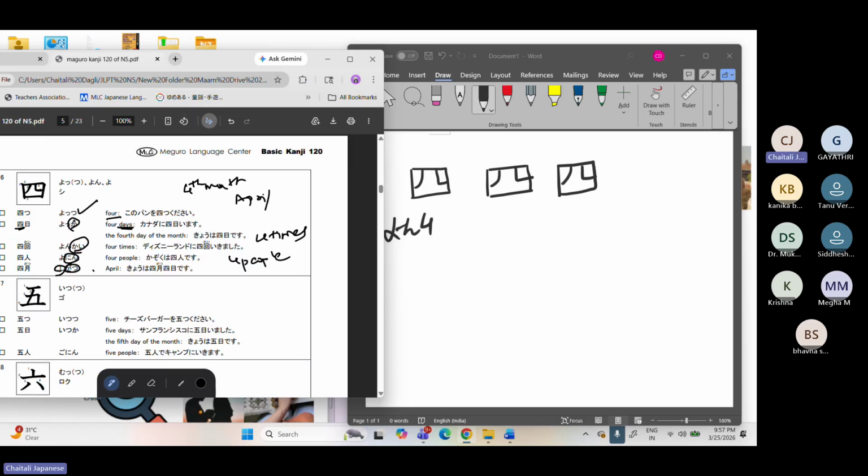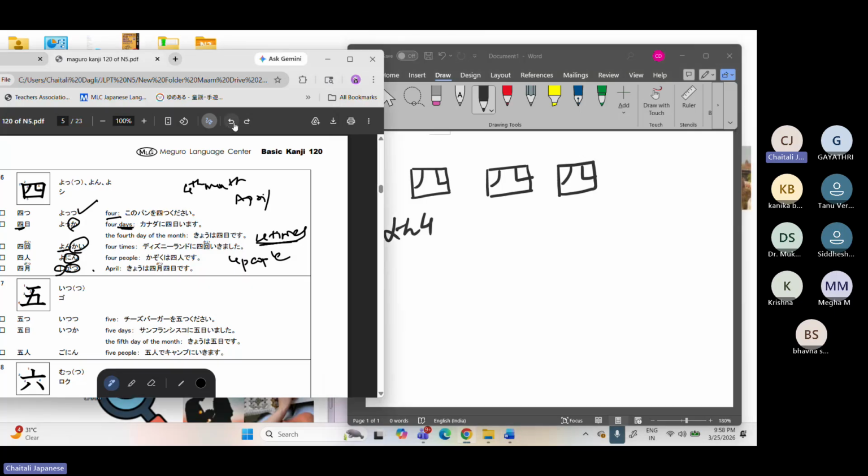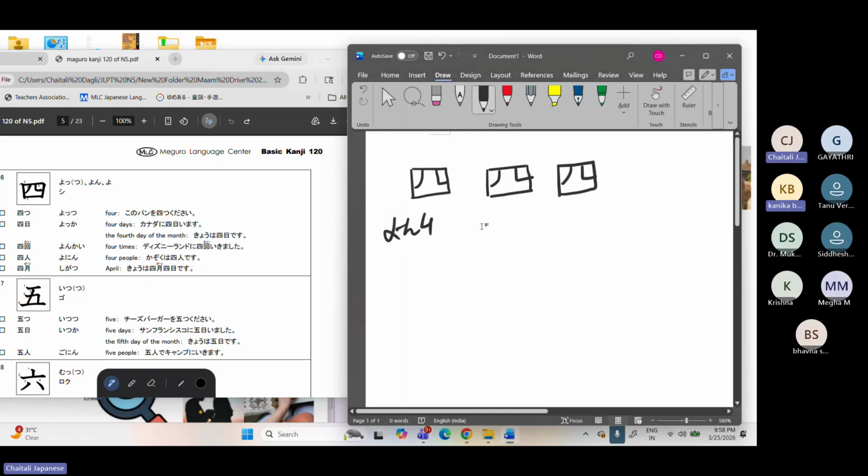Yeah. So basically these are different counters for 4. So for 4 times, they have used yon kai here. So the kanji for 4 and the kanji for kai they have used. Okay. So this is how you are supposed to write your kanjis. Clear, everyone? Are we clear, everybody? Yes. Yes, Sensei, ma'am. The kanji for yon? Yeah, yon. This is 4, no? This is the kanji for number 4. Yeah, this is yon.